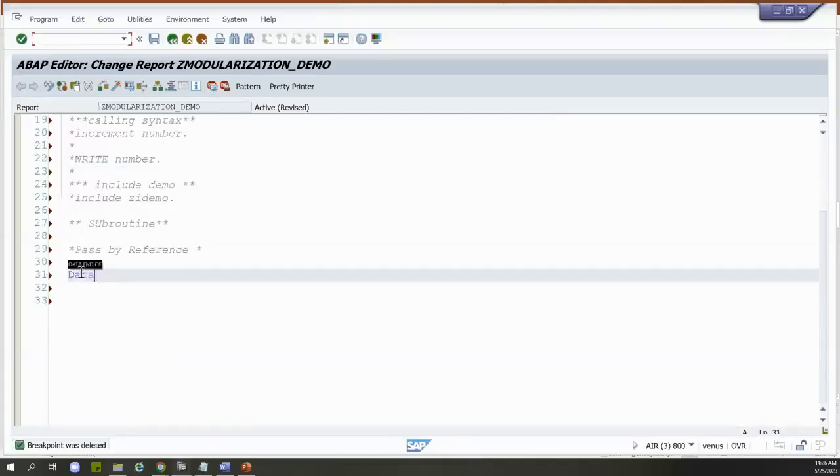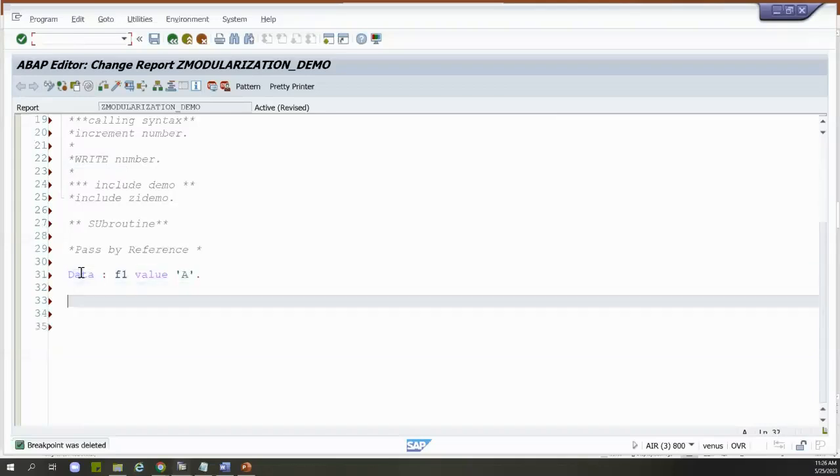So what we will do is we will define a variable f1 with a value, something like a or 1 or whatever. Okay, and then we will use a perform statement here. Perform p1 using f1. So this variable we will be using here, using the f1. So when you call this perform p1, when you double click on it,